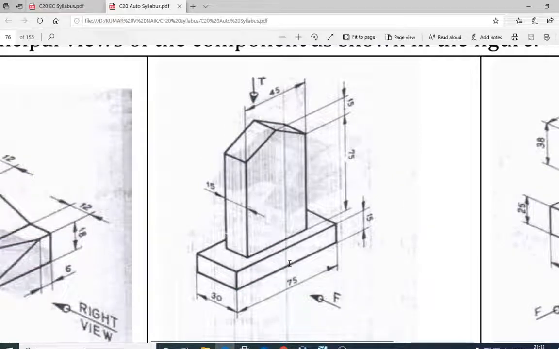This is a front view and this is the top view. In the front view, this portion you can see, and this portion also you can see. But this portion you cannot see in the front view. In the top view, this portion and this square rectangular block you can see. So first we will draw this front view, that is from here to here it is 75, from here the height is 15, from here to here it is 75, and down it is again